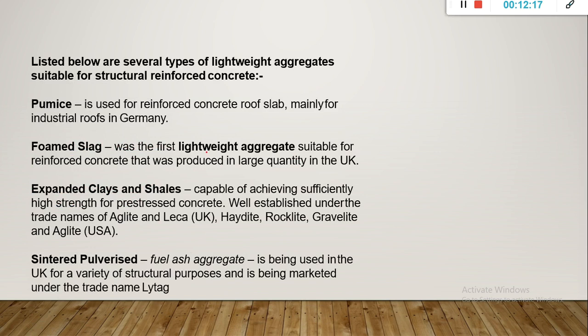Then list below the several types of lightweight aggregate suitable for structural reinforced concrete. Pumice is used for reinforced concrete, mainly for industrial roofs in Germany. Foamed slag was the first lightweight aggregate suitable for reinforced concrete that was produced in large quantity